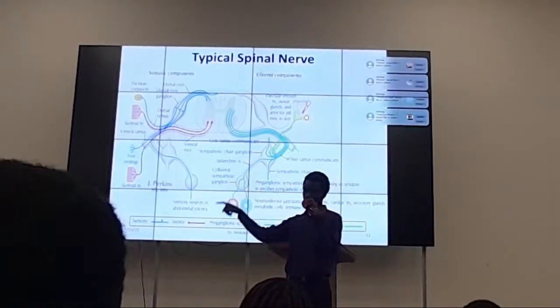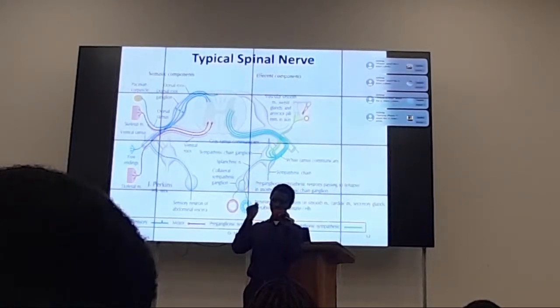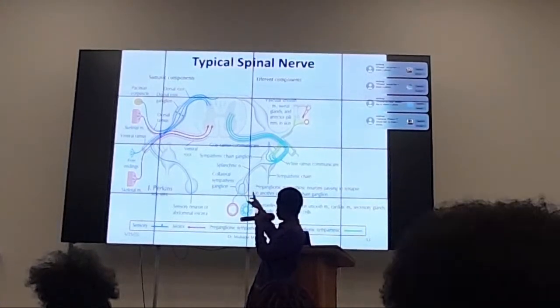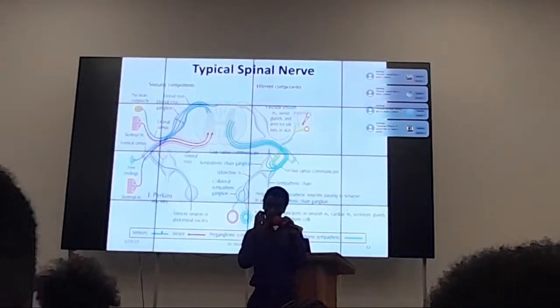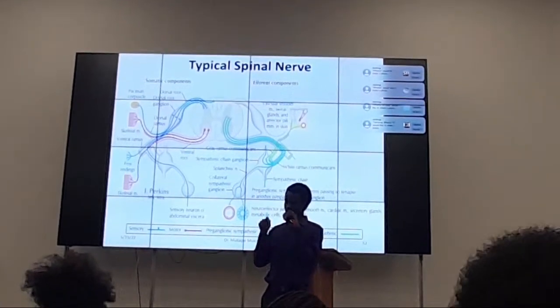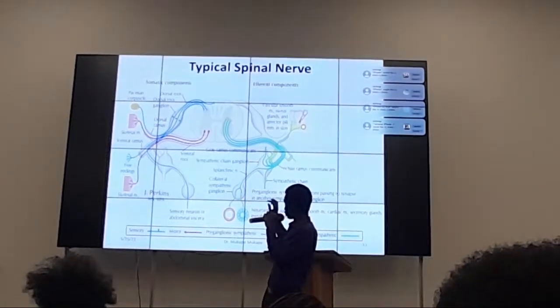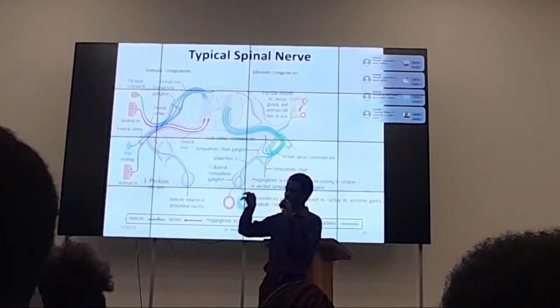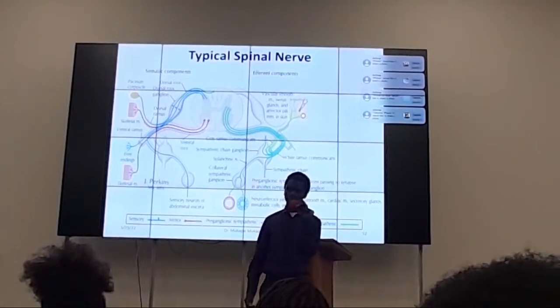Now, the sensory, we can see those blue ones. We have sensory fibers from somatic structures, and also you can have sensory fibers from visceral structures,